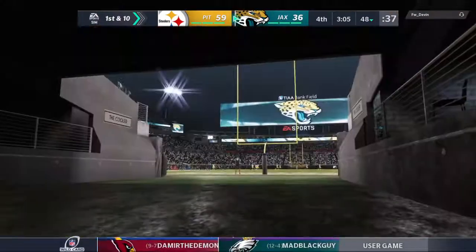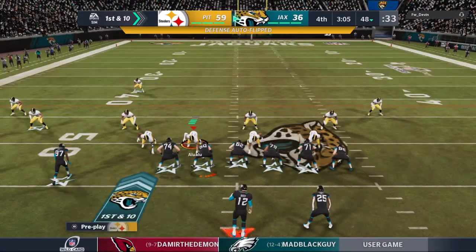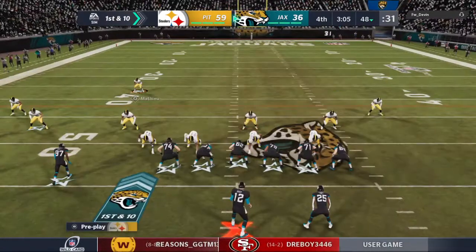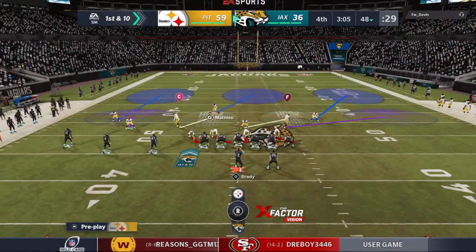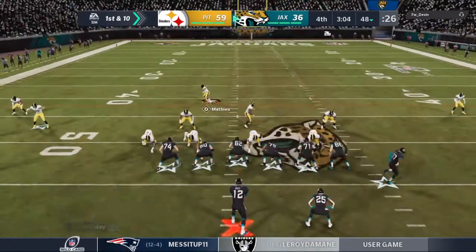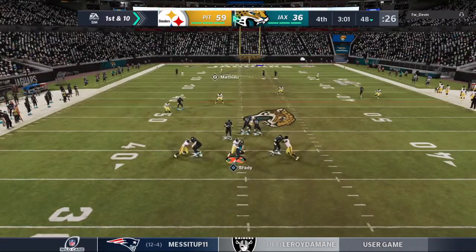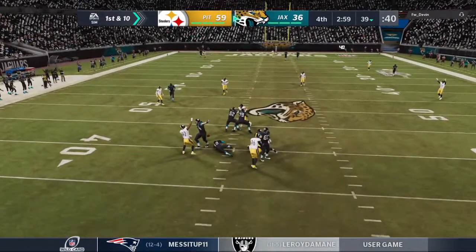And the Jaguars go on offense, 1st down and 10. Jaguars come to the line to start their next drive. Even though they were able to force the punt defensively, still a big hole to climb out of, especially at this late stage of the contest. And the Steeler pressure to